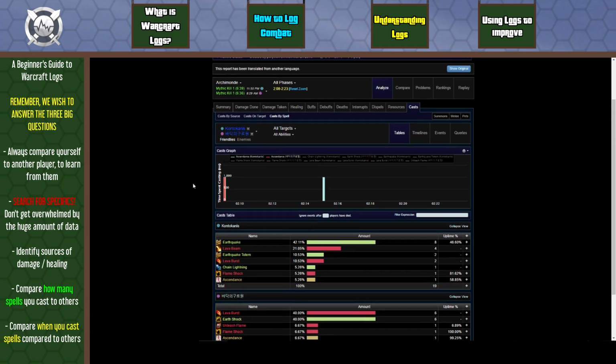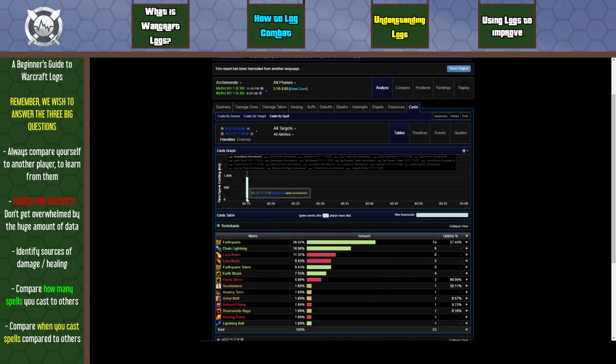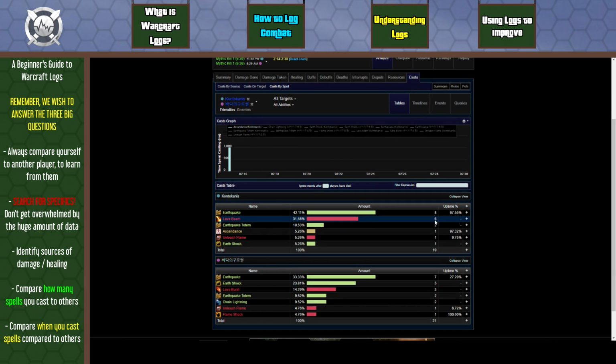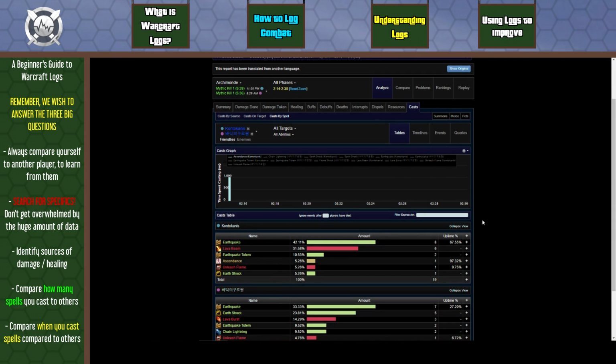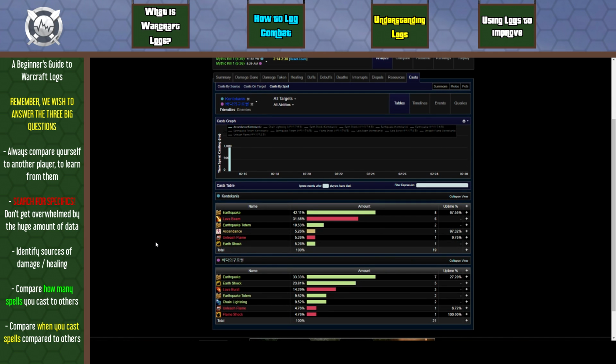Now, I'm going to reset the graph and go from about 3 minutes to 2:15, where I cast my second Ascendance. Then I'll narrow it down to 2:15 to 2:30 for the duration of my second Ascendance. During this time, I cast Earthquake 8 times, Lava Beam 6 times, Earth Shock once, and Unleash Flame once. A second zoom in to around 2 seconds later suggests that I use the Unleash Flame for movement, not for reapplying Flame Shock. Okay, so I focused on dealing AoE damage during my Ascendance, while he focused on dealing single